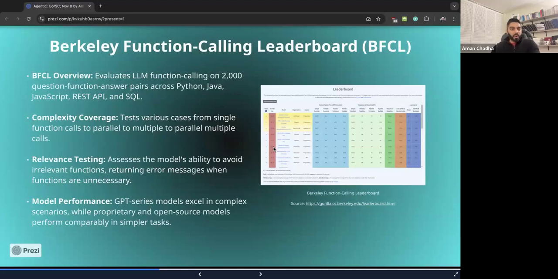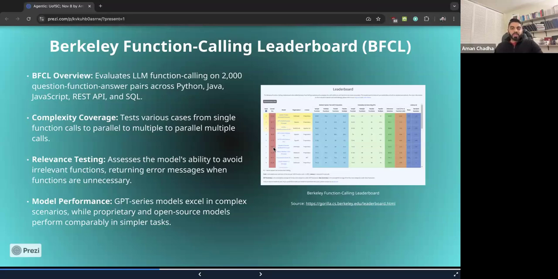And touching upon some of what I mentioned earlier about the various different patterns within tool calling that we have. There's the simple, there's multiple, there's parallel and multiple parallel. There's 4 different patterns. And to dig deeper, this is a very good resource about the Berkeley Function Calling Leaderboard, BFCL. What we have here is essentially a leaderboard that gives you the performance of each LLM over all of these 4 patterns. And there's a whole bunch of different LLMs on this particular leaderboard.